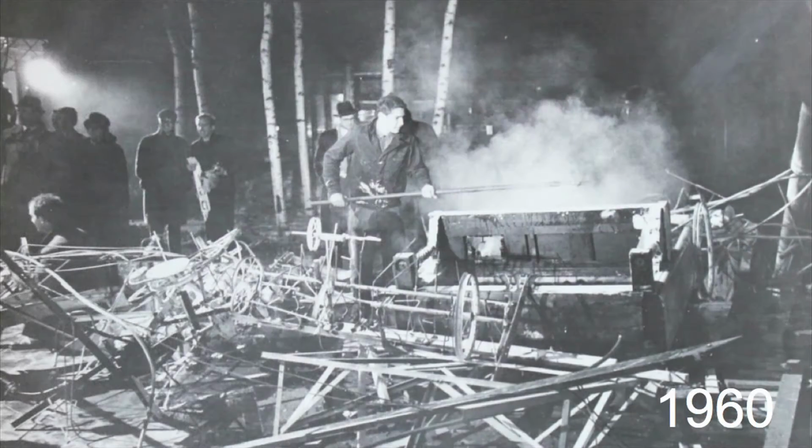Two years later, there was another fire, this time in the sculpture garden. This one was intentional. This is Jean Tinguely's Homage to New York, a self-destructing kinetic sculpture that was performative in nature. So this is to say that we talk about the conservation of time-based media art as a very challenging